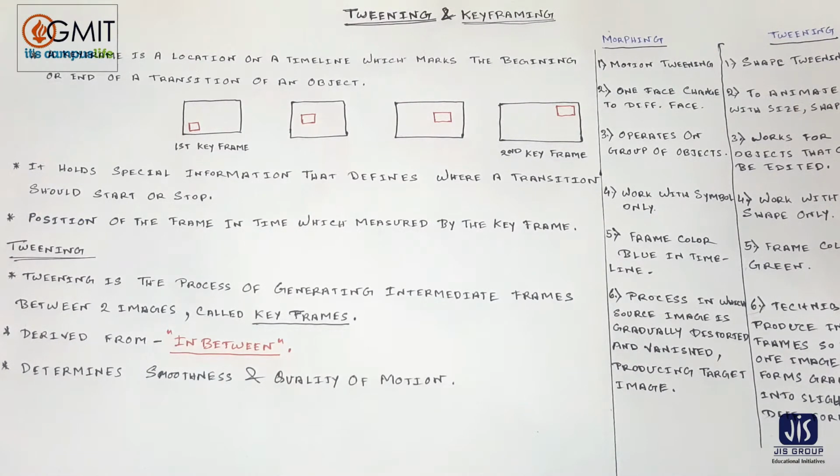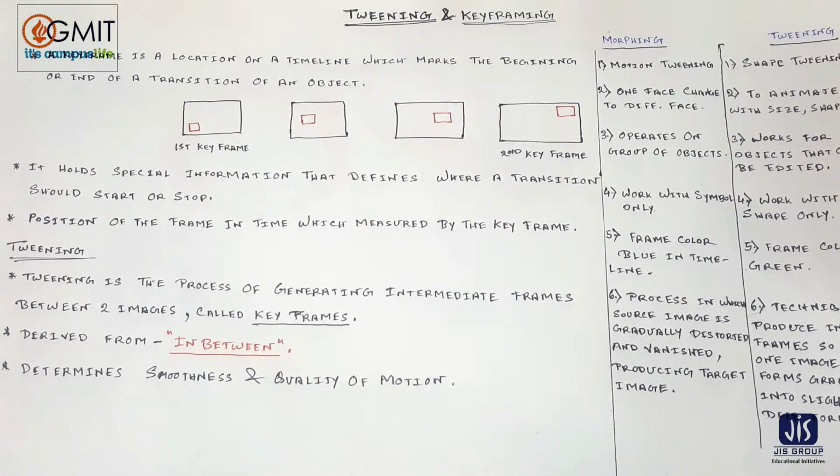And I will also remind you of morphing later, but first you have to know what is keyframing and then twinning. So what is the definition of keyframing, how can we use it, what is the relation with twinning, what is twinning, and most important, what is the difference between morphing and twinning. And also, as in my previous lecture series, I will try to give a practical example of a video, how twinning can be done. Clear?